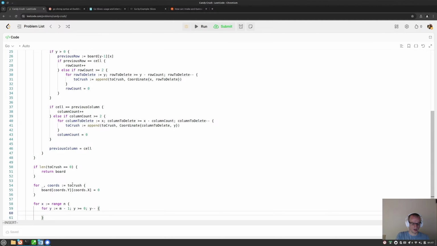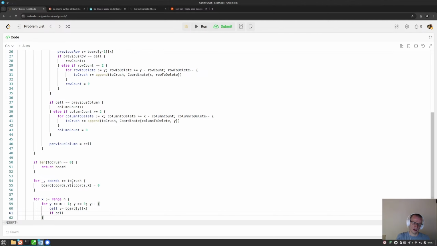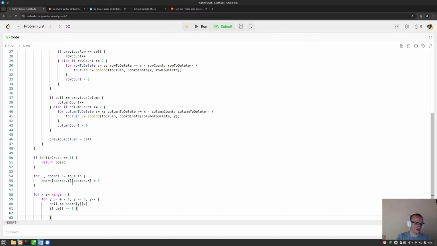So this cell is board at y and x. If cell equals 0, it means we need to